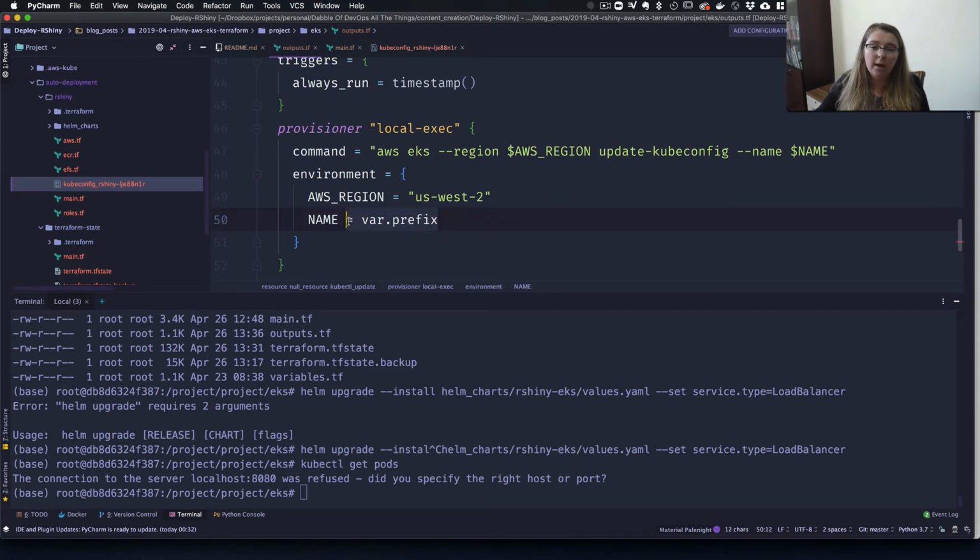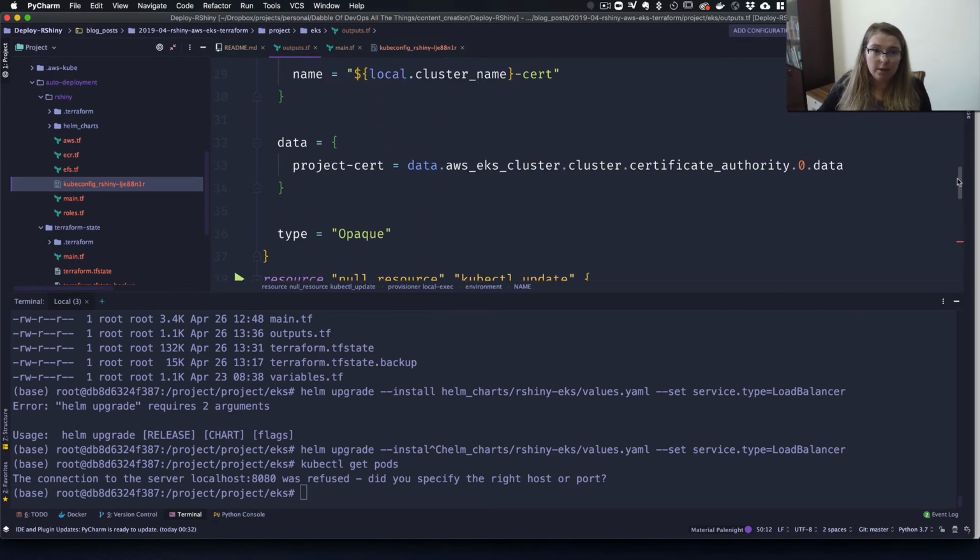So normally one convention that I like to follow is, because I'm very rarely deploying just one thing, I actually just like to give my whole project a variable called prefix, and then I will use that prefix all throughout my project. So for instance, with this one, a lot of times when I deploy RShiny, I'm also deploying maybe a database, maybe a message queue. Quite often I'm deploying some file storage, so I'll deploy some EFS file storage, and then I can use the same name all throughout. So that's why in the default